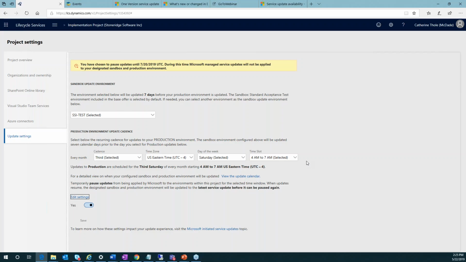And the thing to keep in mind as well is that you want to make sure that you are keeping your developer and your build box a version behind what you're putting into your production and your test system, because those environments are really for your own customized solutions. And typically you would do the Microsoft updates and then come back and push through your own customized